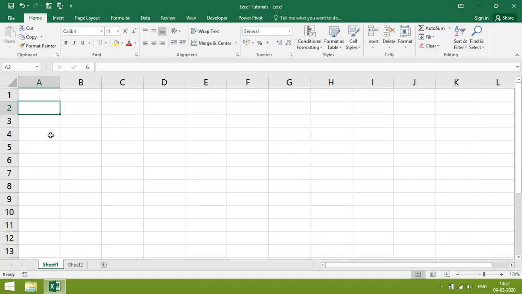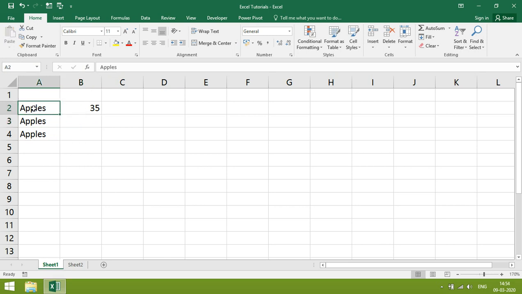Now let's see how copy and paste functions work. Every time we need not type, so Microsoft Excel has given a copy option. You will get it here. Just click it. You want to paste it here, just enter. This is one option. Another option: just copy, and where you want to paste, press Ctrl V. This is another method. We can also select and copy.